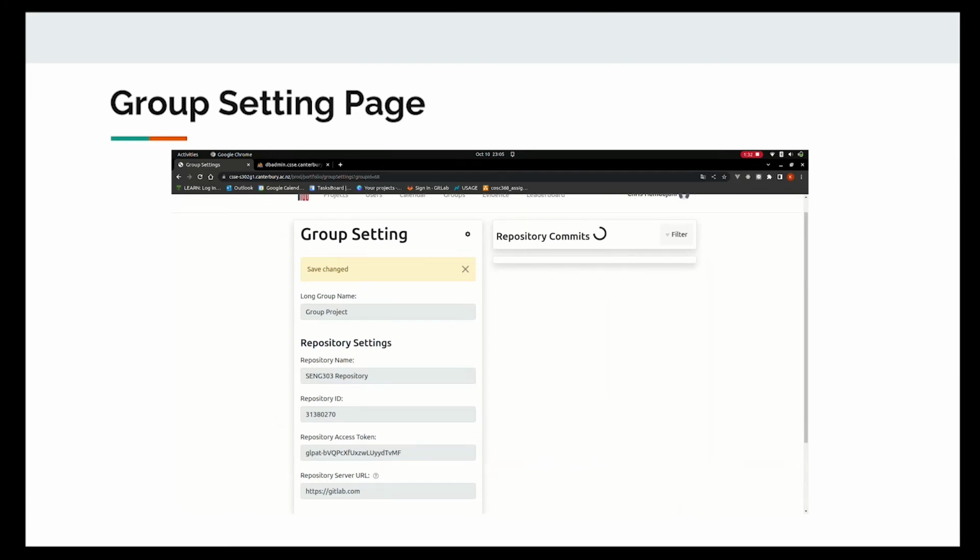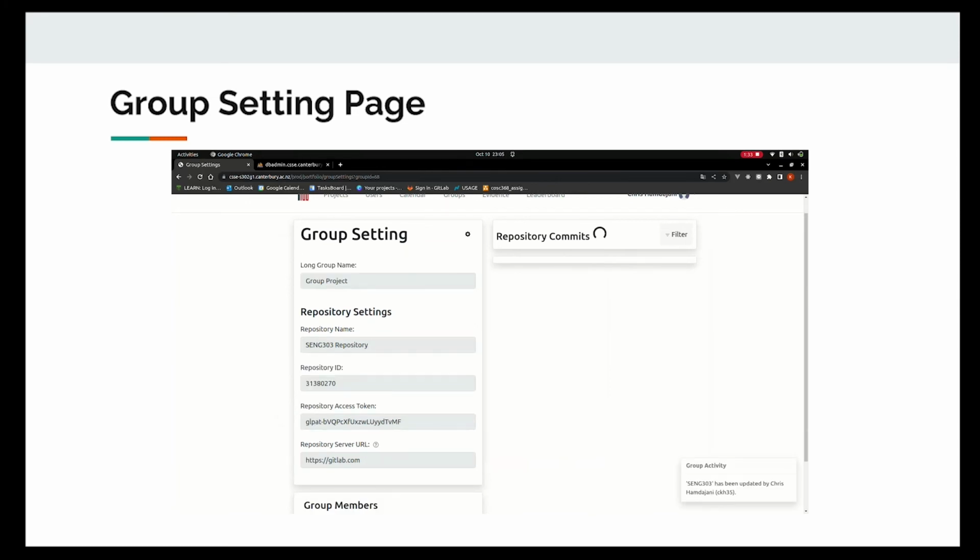to the repository. Our application only uses GitLab, so any repository in the GitLab server can be accessed, whether it's ngGit or GitLab itself. So once the repository is connected,